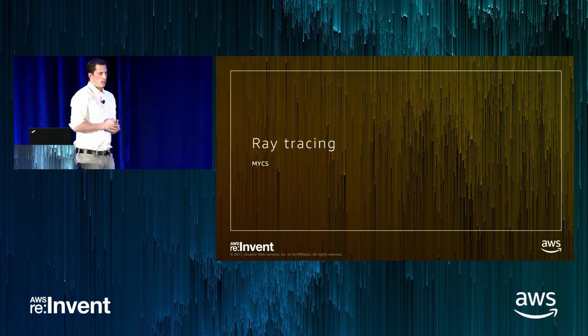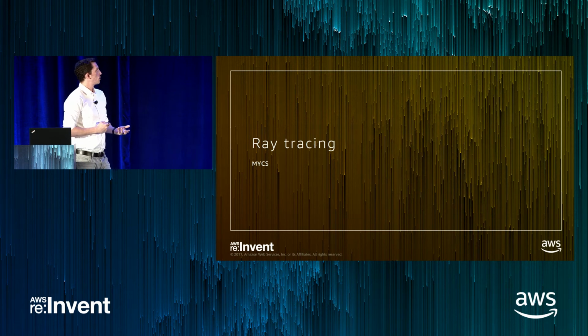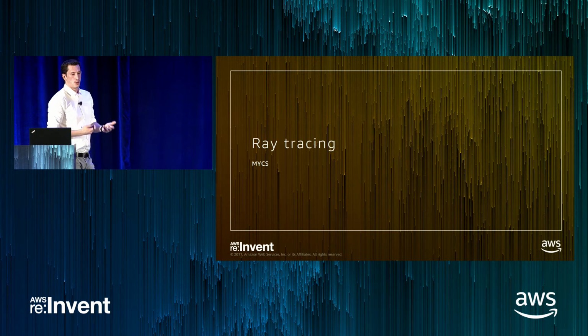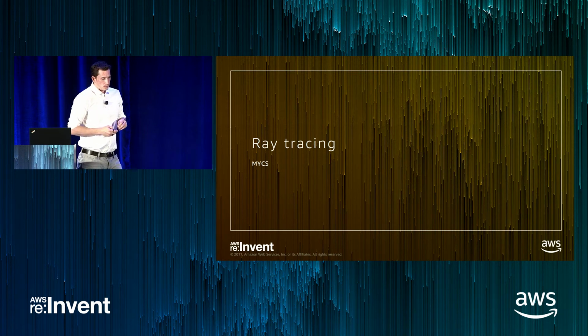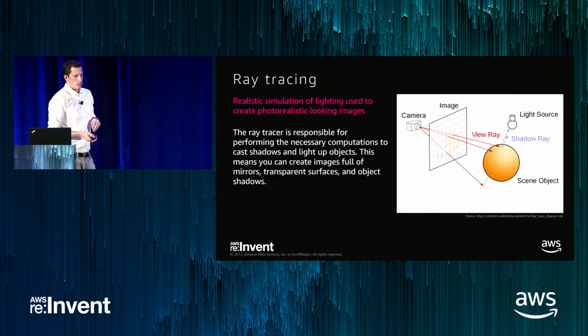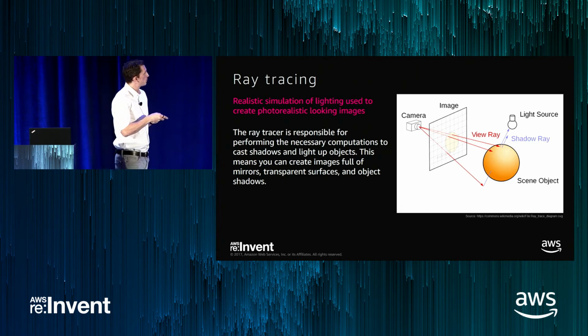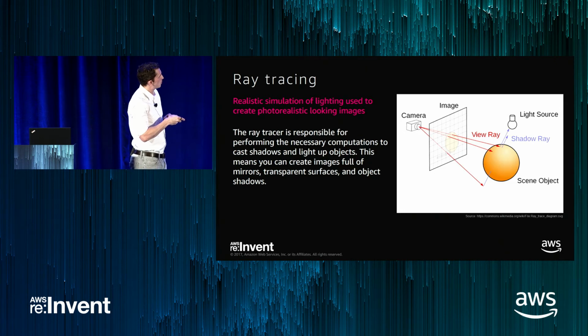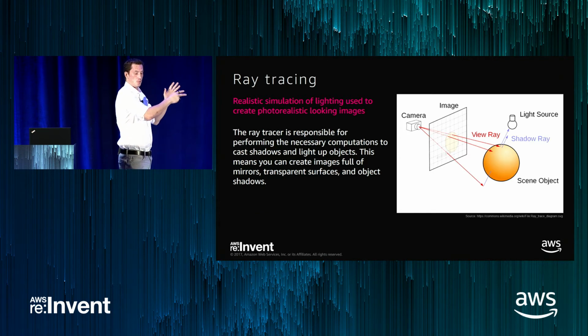So when we talk about server-side renderings, we also talk about ray tracers. Ray tracers are a way to simulate photorealistic quality images. So the way it works is that you define an image, you define the size of the image, width and height, and